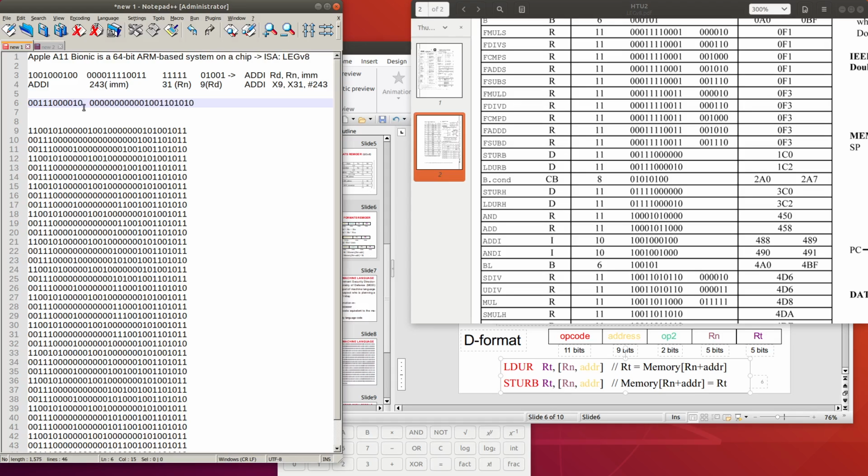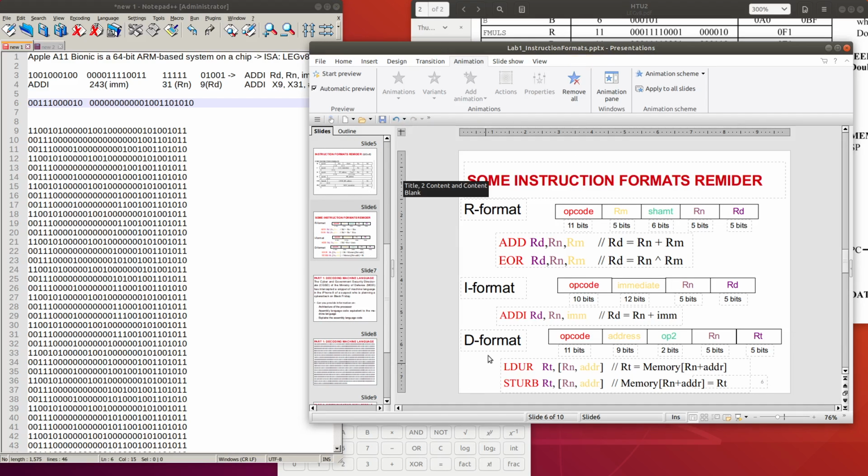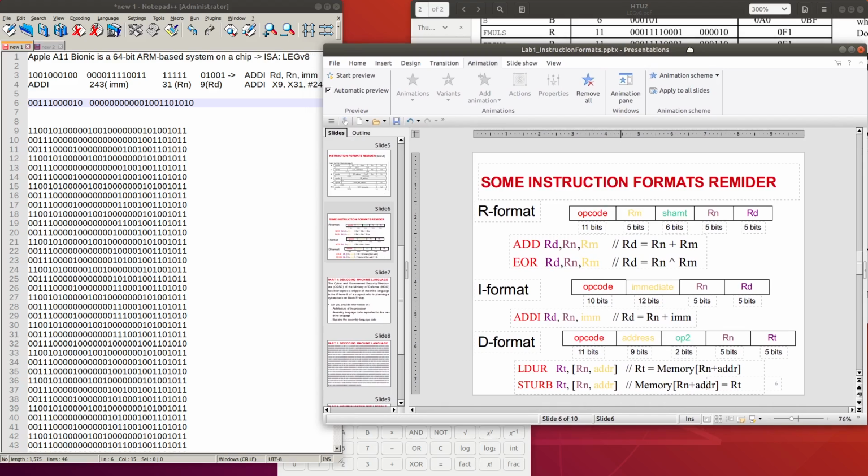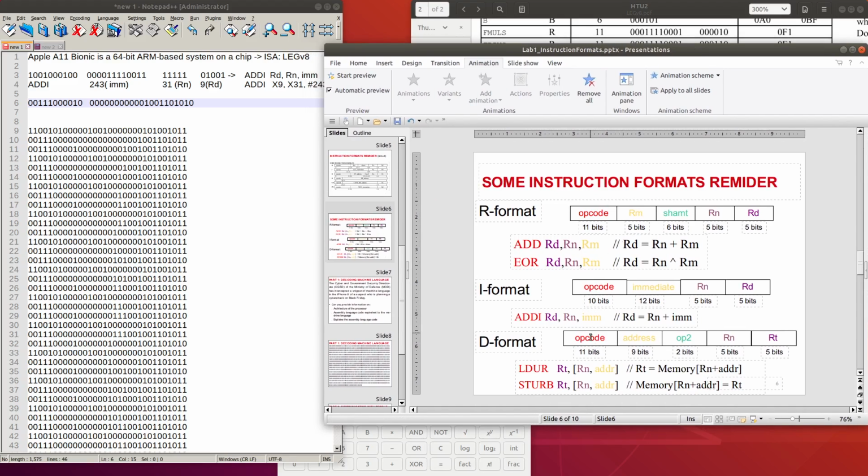The first part. And if we look into the D format, we know that D format has an 11-bit opcode, 9 bits address, and then 2 bits that we do not use at this time, 5 bits for Rn and 5 bits for Rt.